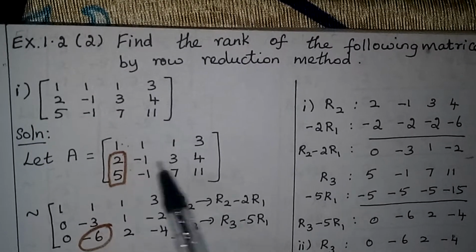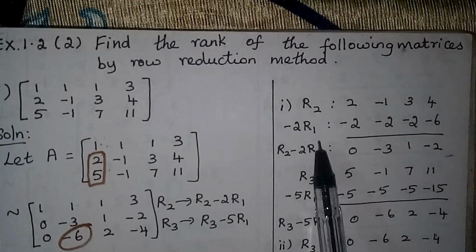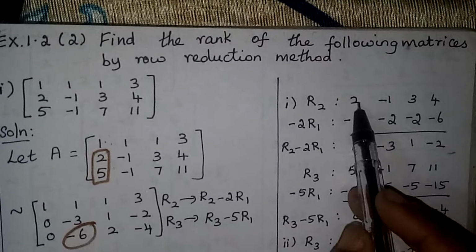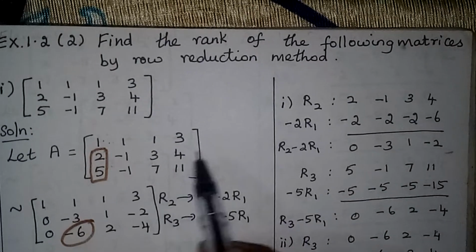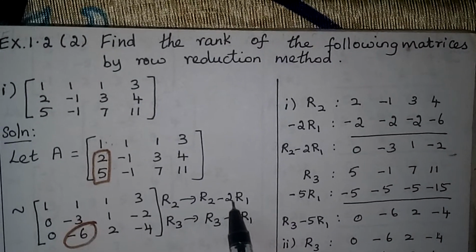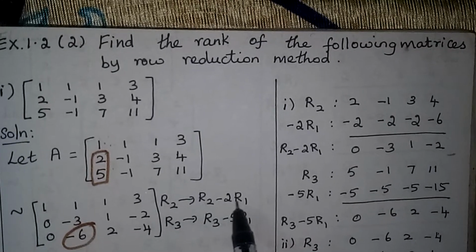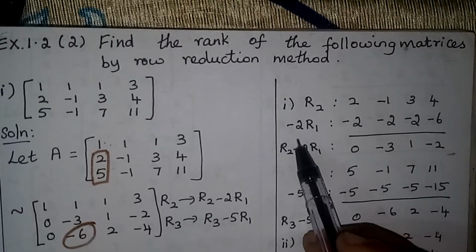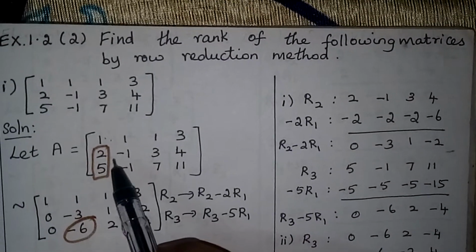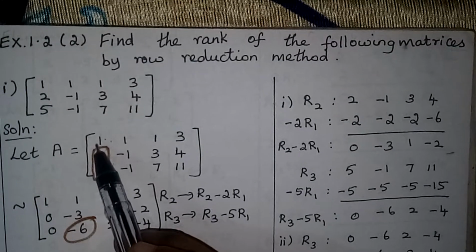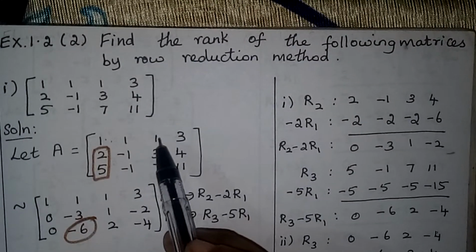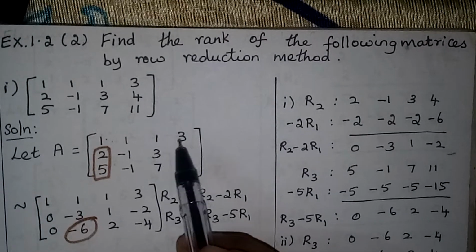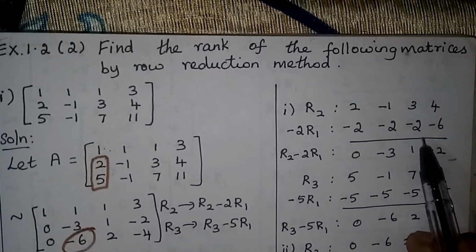So 2 minus, the calculation I have written here. You can do it as mind calculation also. So first R2. R2 is what? 2 minus 1, 3, 4. This row element fully I wrote. Next I need minus 2 R1. You can find 2 R1, then you can subtract. Or you can find minus 2 R1 and then you can add. So I am finding minus 2 R1. So minus 2 into this R1 term. So multiply each and every element of R1 by minus 2. It is minus 2, minus 2, minus 2, minus 6. Okay, so like this you will get.